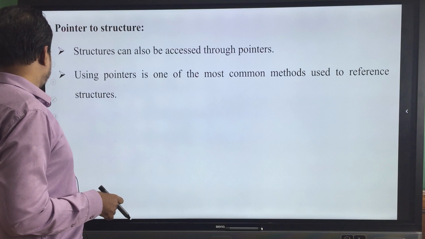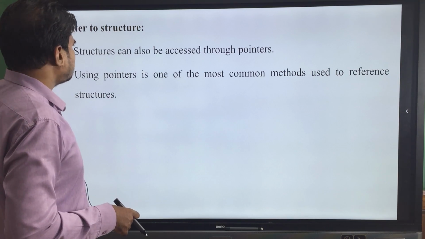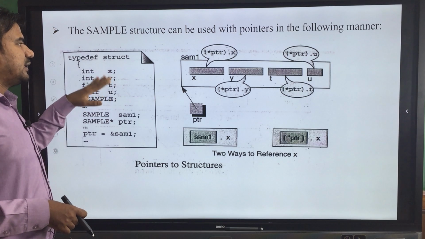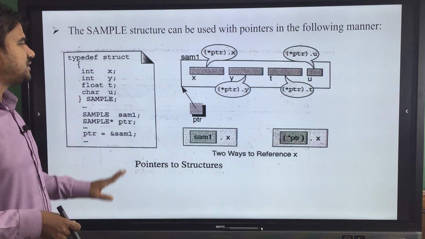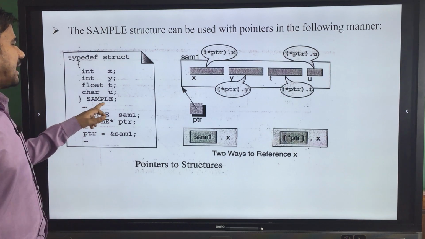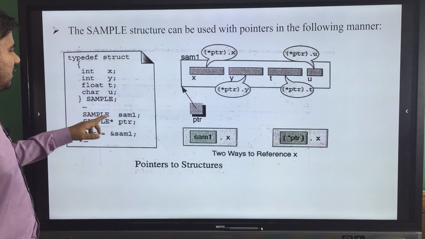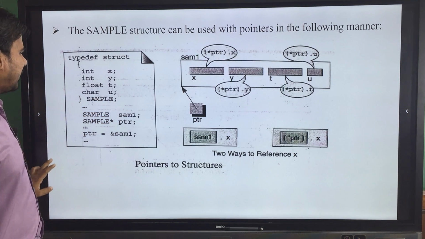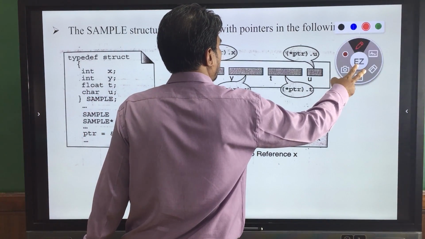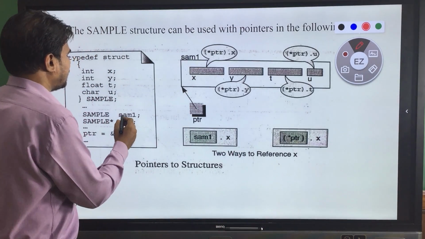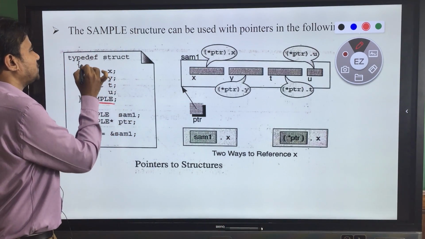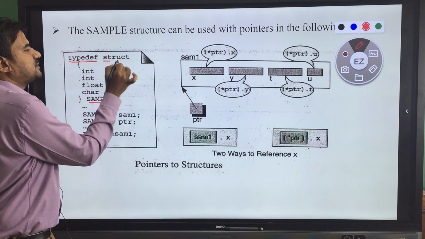So next thing we have, the declaration of a structure, which we have already seen. Over here, typedef struct, and I am declaring a sample structure. Here you can see sample is my structure because I created this using typedef.